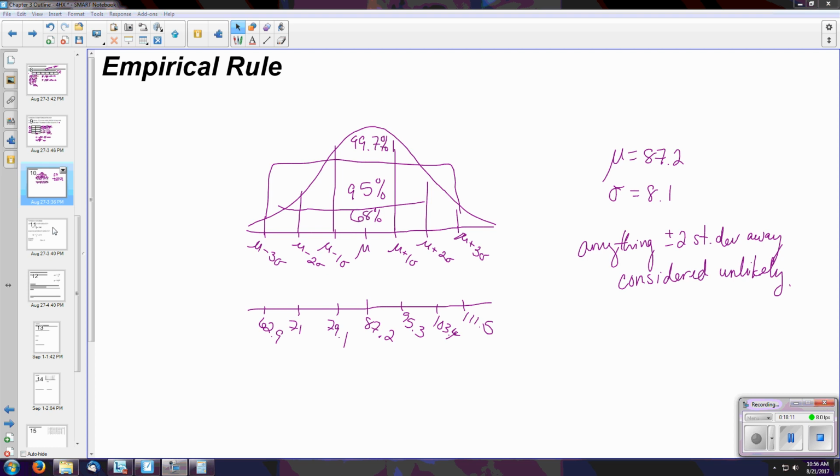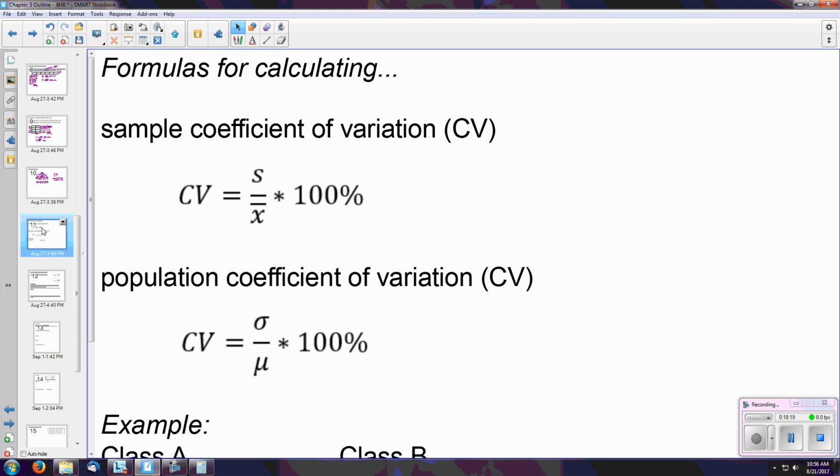Now, let's get back to the concept of why standard deviation is so important, and looking at our data in context is so important. And that's using the coefficient of variation. So earlier I said, hey look, there is a way to tell you how much variety there actually is. And regardless of if it's population or sample data, it's always the proportion between the standard deviation and the mean of your data set. And you'll notice here, even though there's 2 formulas, those symbols are completely insignificant. It is entirely about standard deviation divided by the mean, always, and then multiply it by 100%